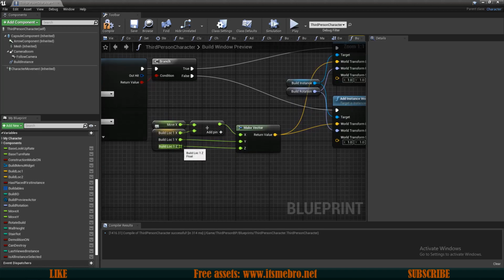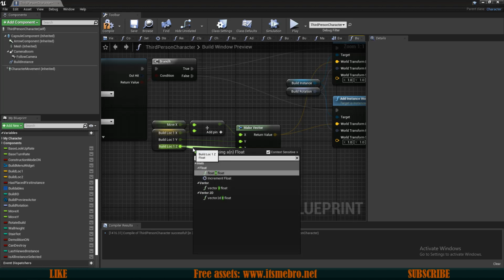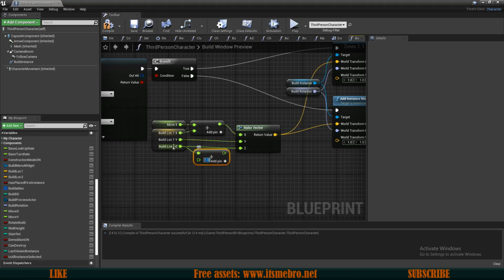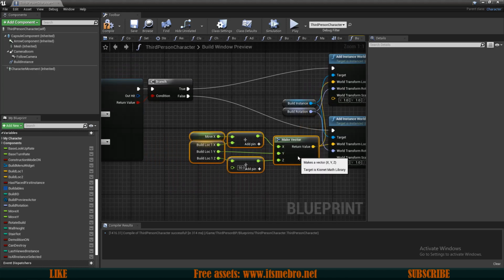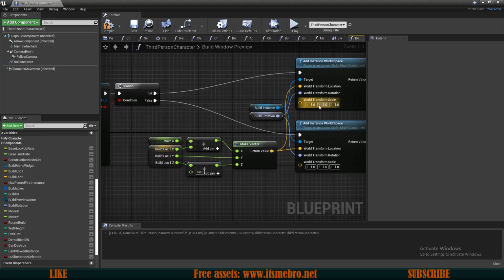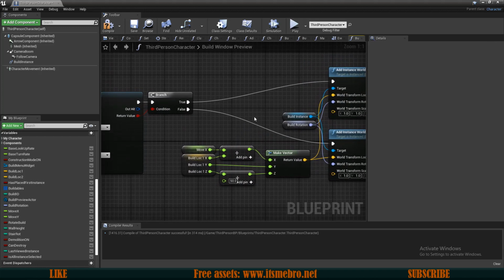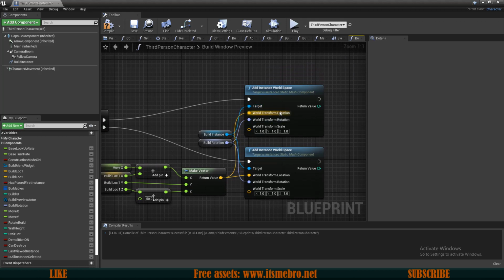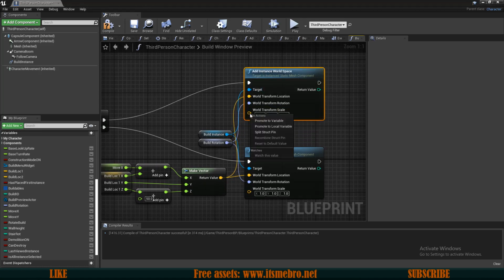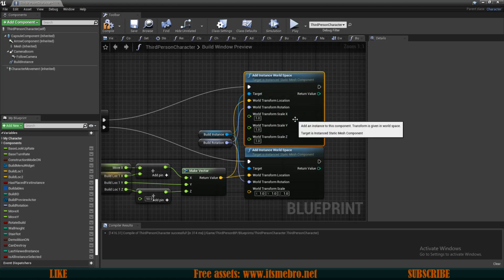And for our z-axis we want to do a plus 50, since this build location is the location of the log, and we want to add our window on top of the log, so we need plus 50. And now for the top piece we need to change the scaling for the z-axis, so I will move this up a little more, split this vector,